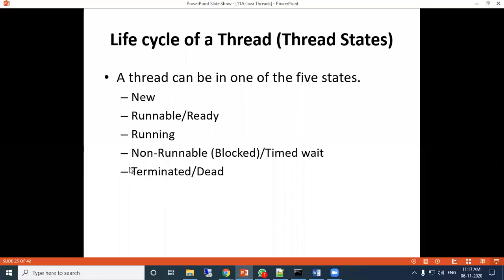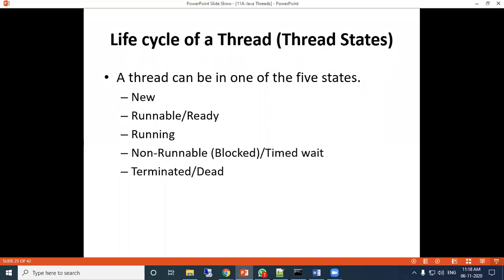And then non-runnable, that means it may be blocked or timed wait. It may be waiting for another thread to allow the current thread. Okay, not runnable means at a time the processor can run only a particular thread.